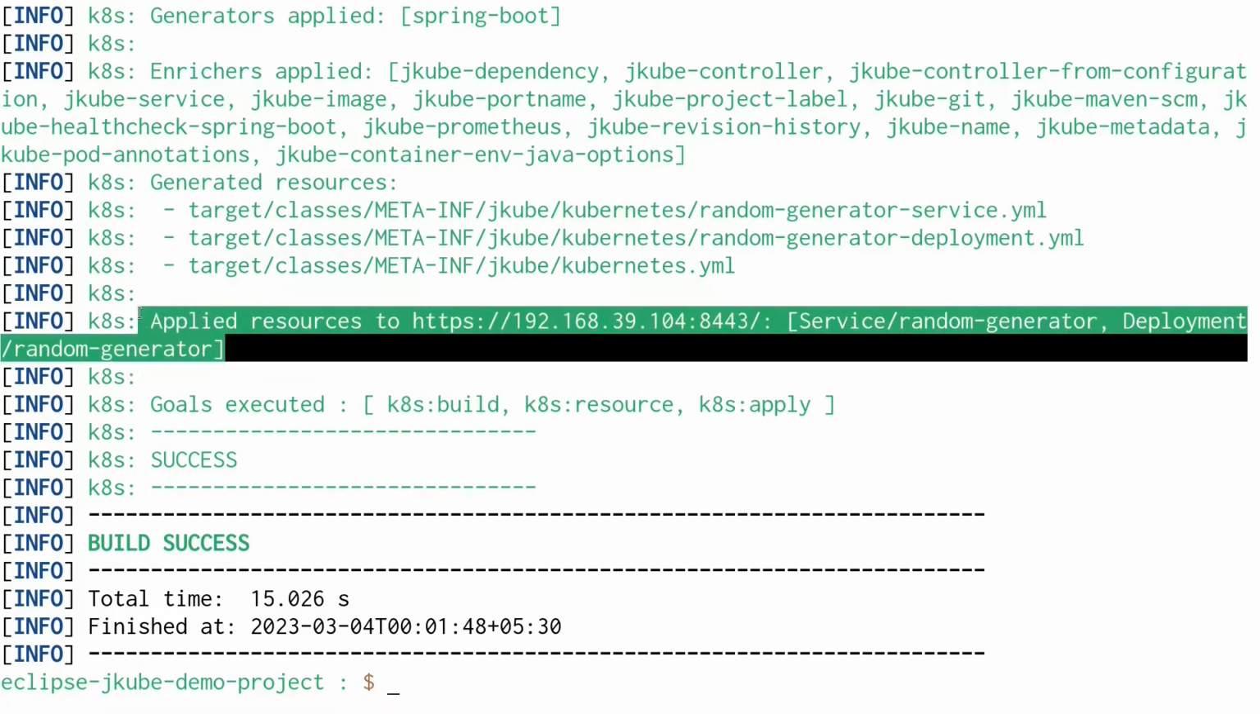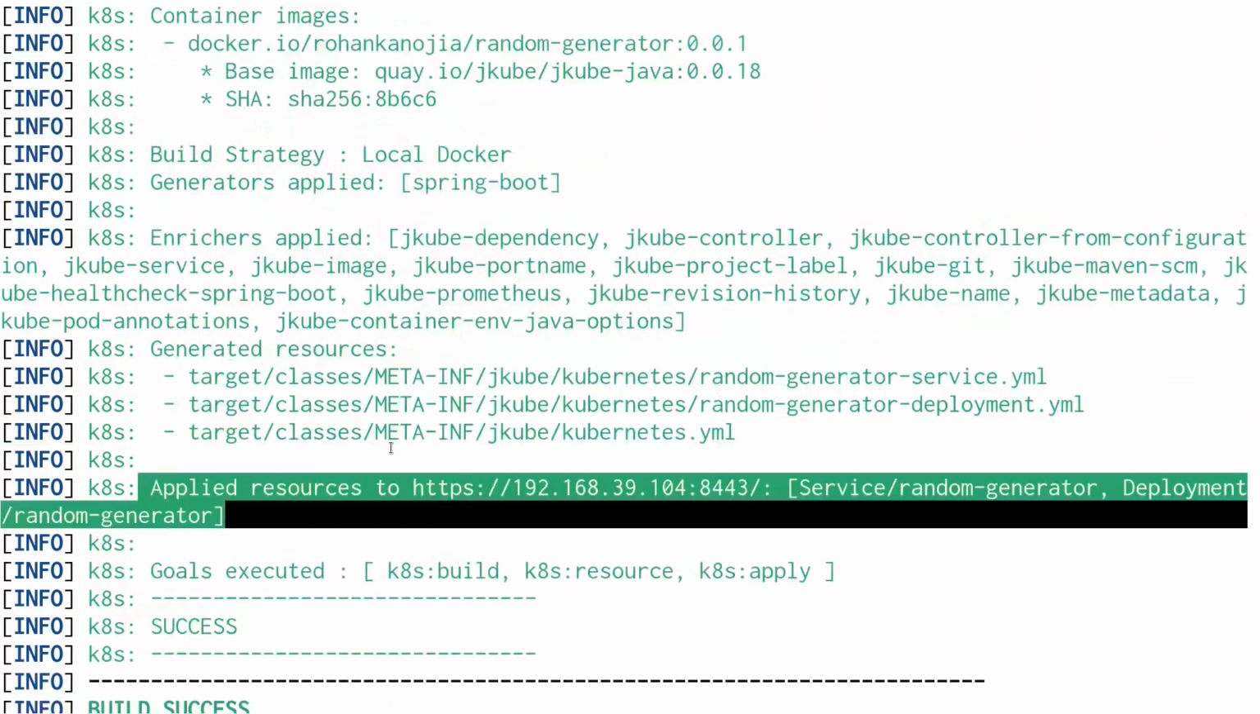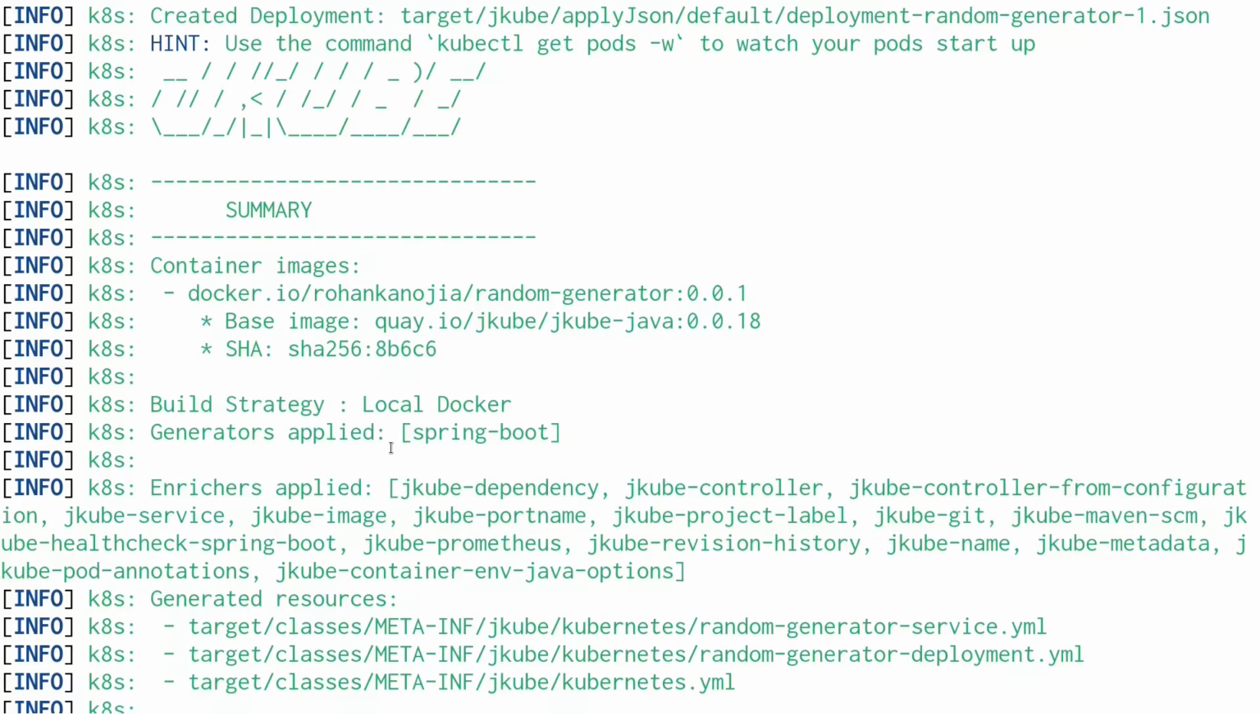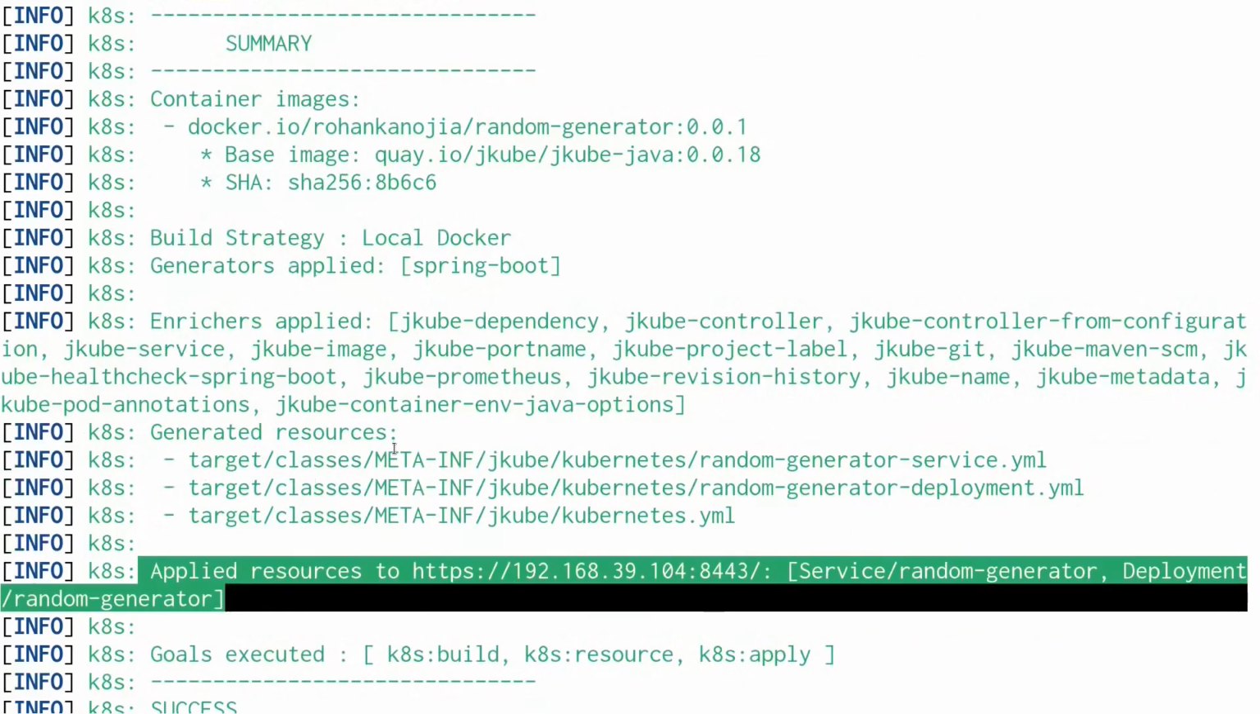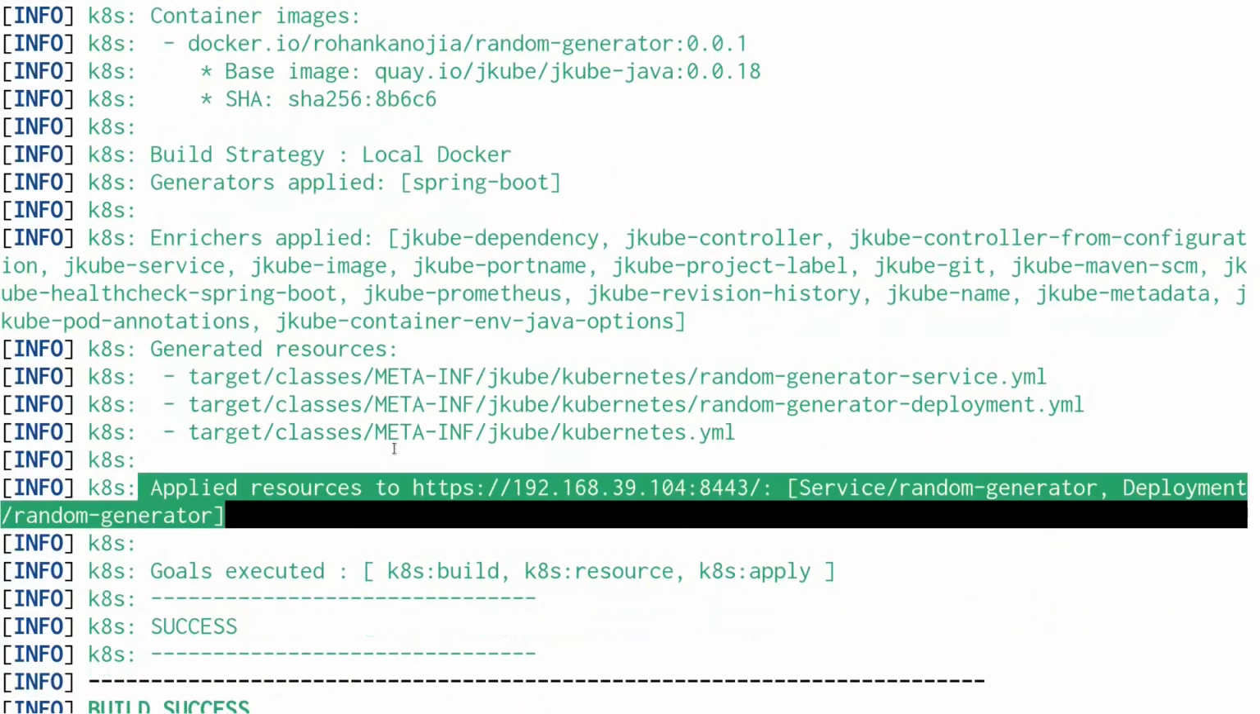applied the resources. So we can see that for some new user this can be really helpful, and it can give them an idea about what's going on, and probably what would be the next steps for